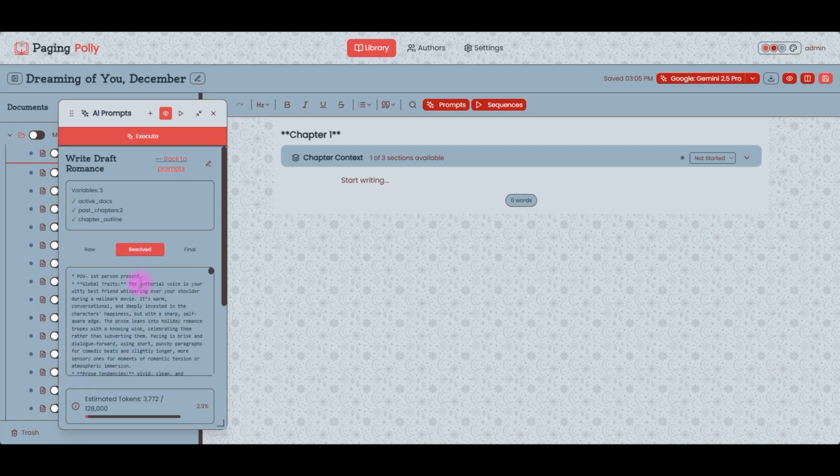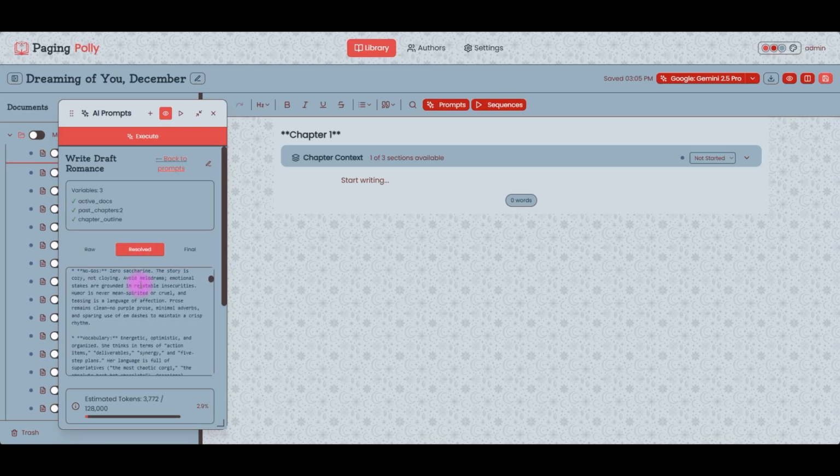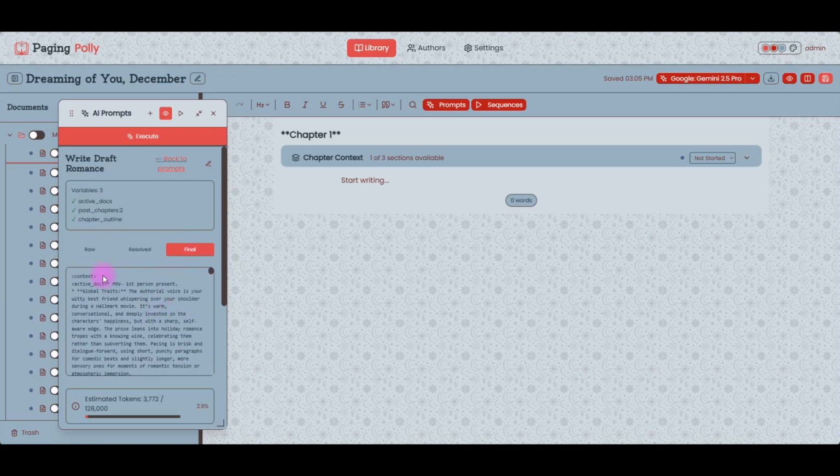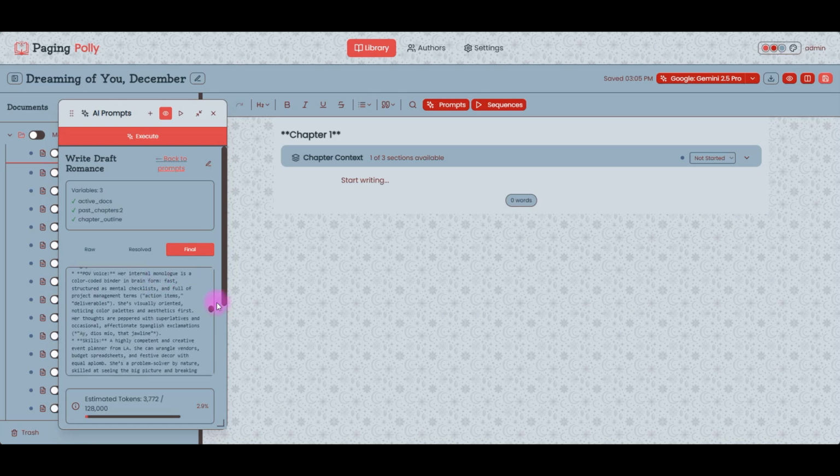If we go to resolved, you will see we've got the style. So we've got active documents up here. If we come to final, actually, it will show we've got context, active documents. We've got it right here. So that's good. And then if we come all the way down,